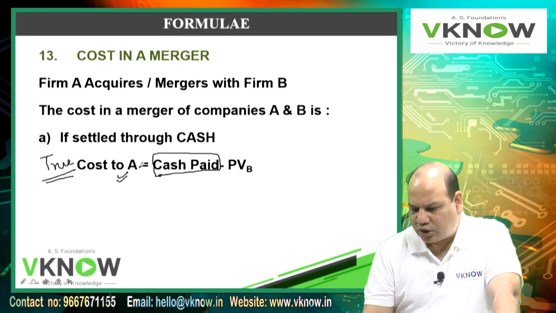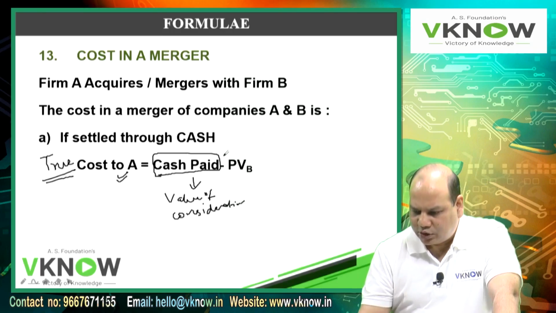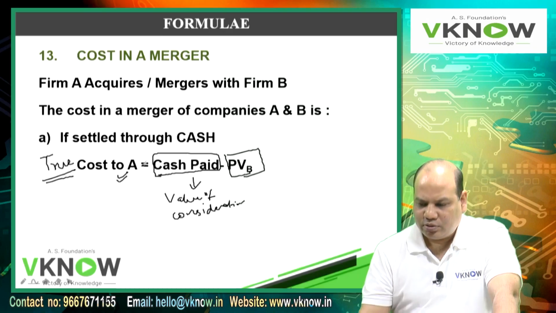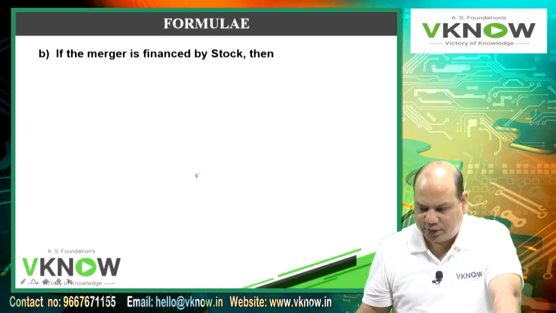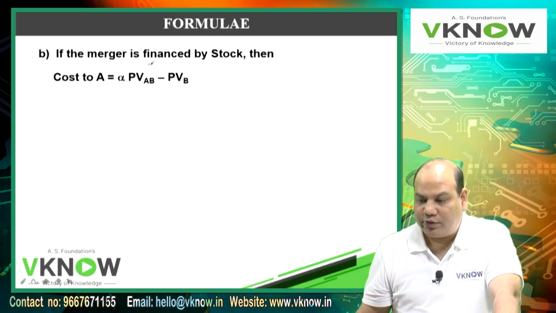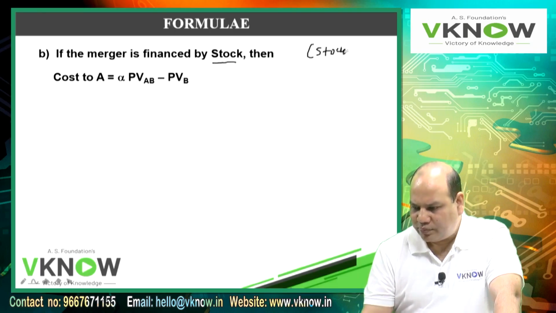True cost to the acquiring company is the value of consideration paid, that is, cash paid. How much did you pay? Minus the value of the target company, PVB. The difference is called the true cost of acquisition to the acquiring company. If the merger is financed by shares, that is a stock deal, the same logic applies, but here